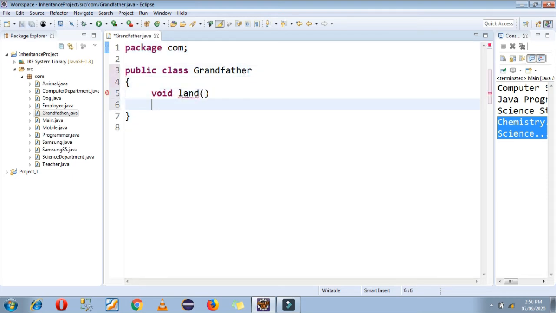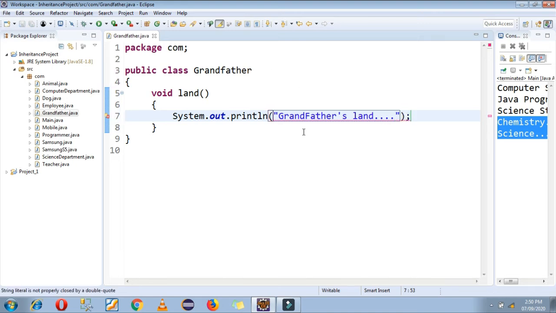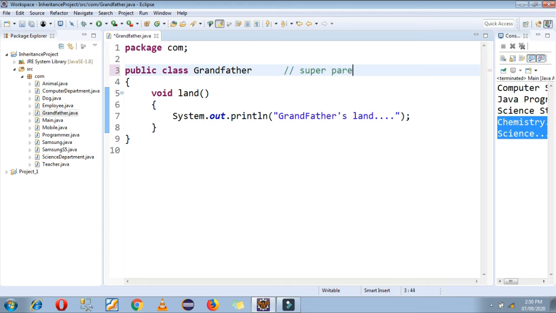So this land property belongs to grandfather only, and in this function I am just printing grandfather's land. So grandfather is nothing but what? Our super parent class, or you can say our super base class also.